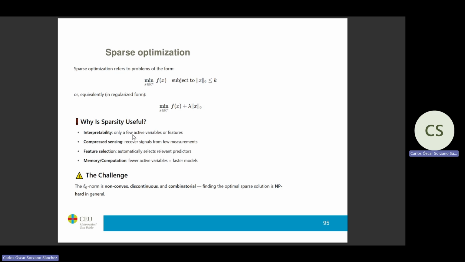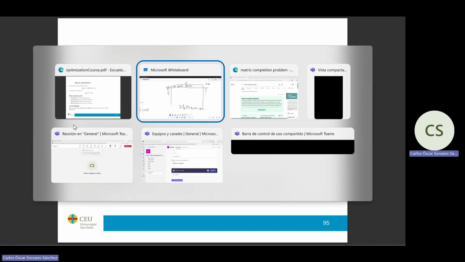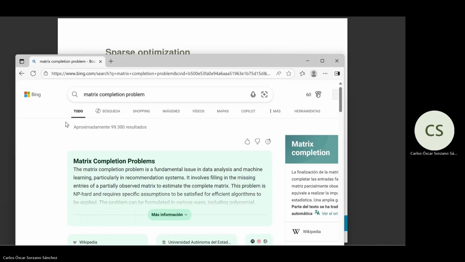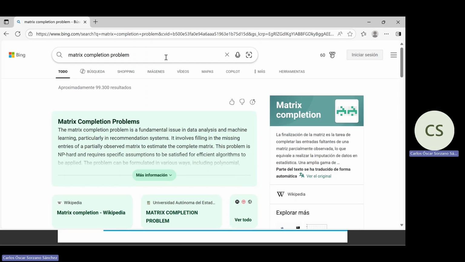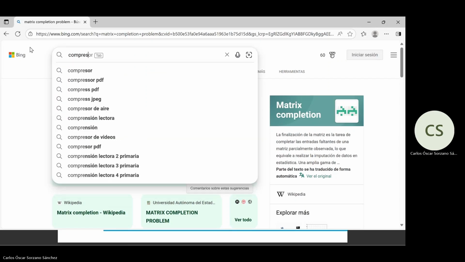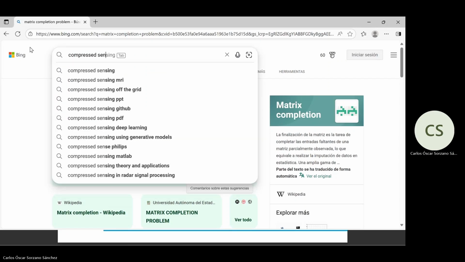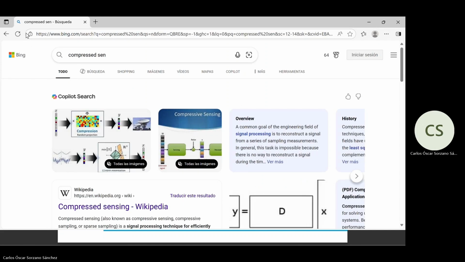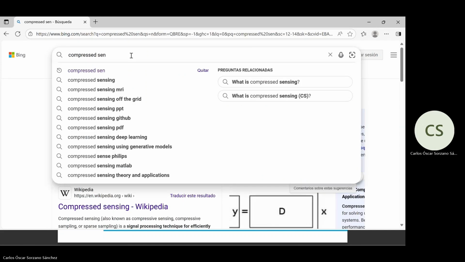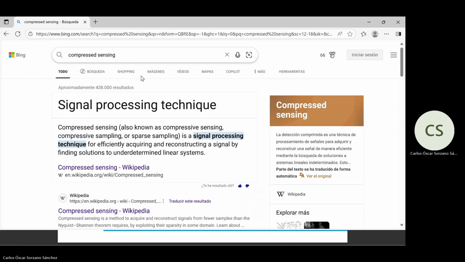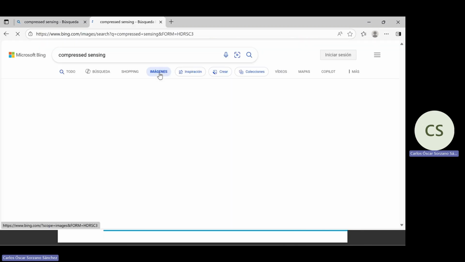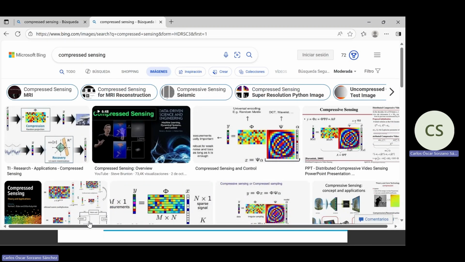And then compressed sensing is something completely new for you, right? Compressed sensing is another very nice idea. Let me see this one. So compressed sensing is this idea in which